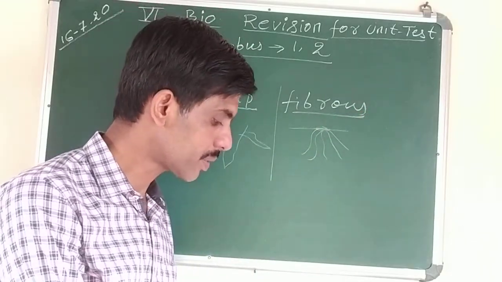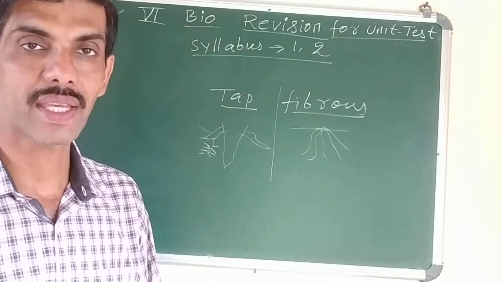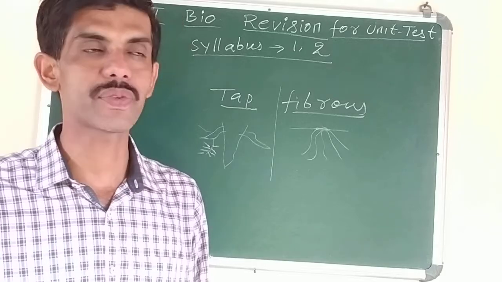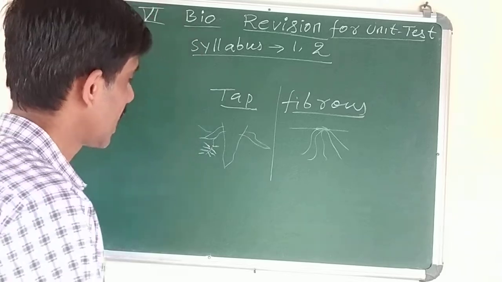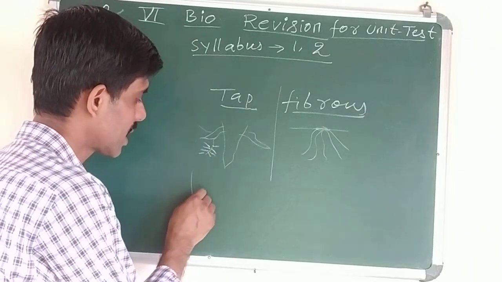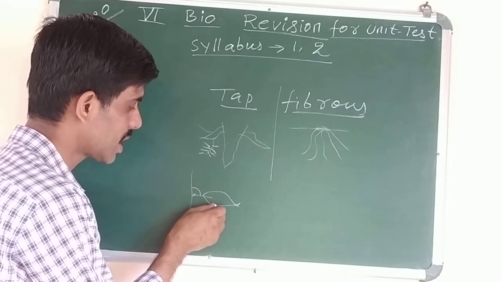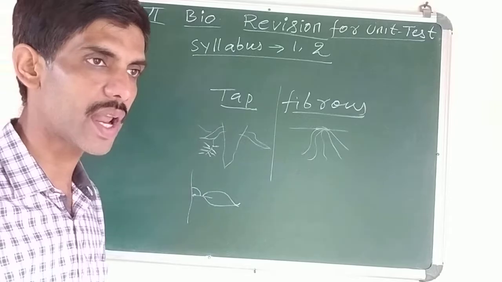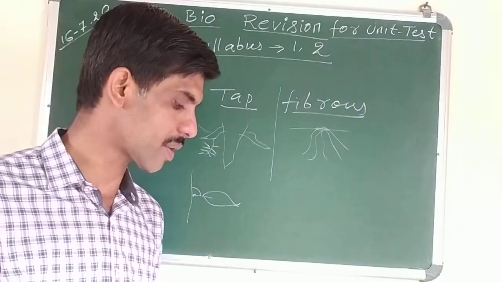Then we studied about the shoot system, which consists of different organs like the stem. It consists of branches, leaves, flowers and fruits, all are present. Now what is axil? If this is the branch, one leaf arises from here. The angle which is present between this leaf and the stem is called the leaf axil, where the nodes are present.